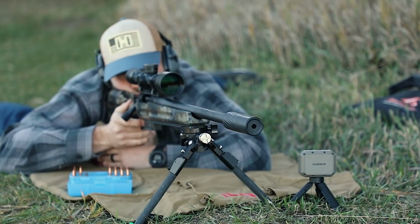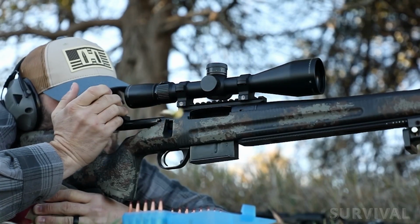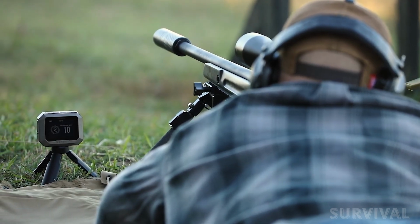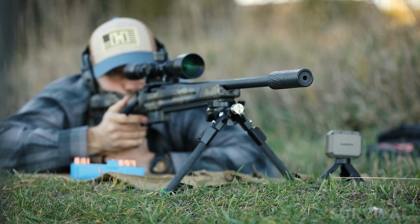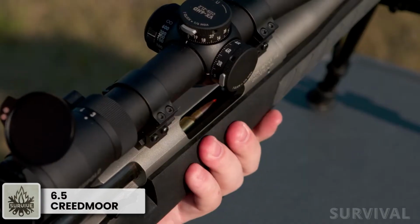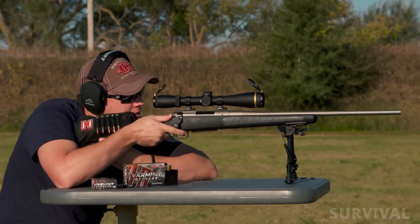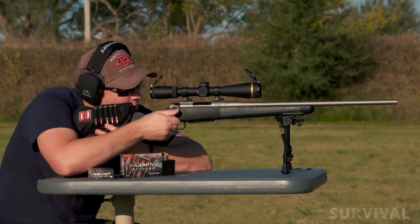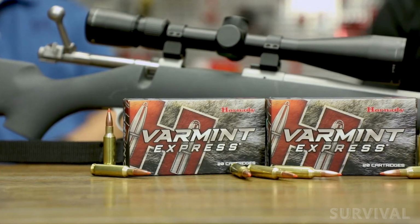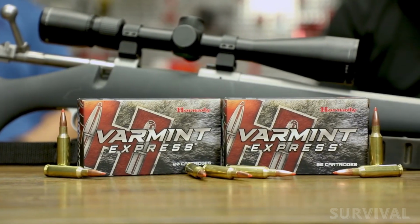Since the velocities tend to be mild, it's also easy for shooters to manage the rifle recoil and spot their hits and misses, which is another key to success in practical rifle competition. 6.5 Creedmoor is arguably the best all-around long-range cartridge that won't break the bank. Make no mistake, it's by no means cheap, but compared to dedicated ultra-long-range rounds like 338 Lapua or 28 Nosler,